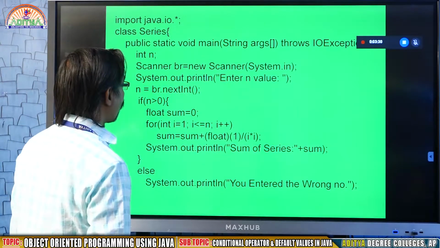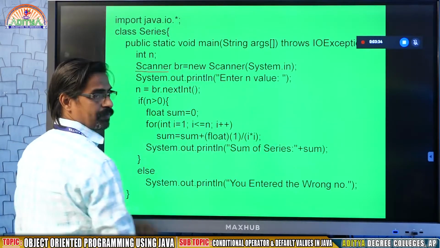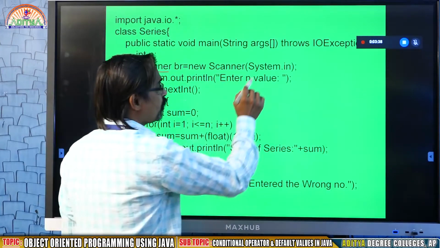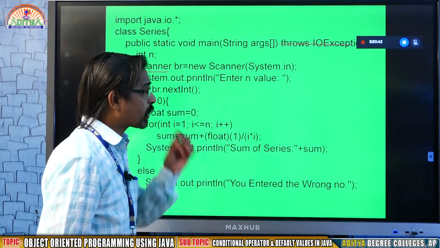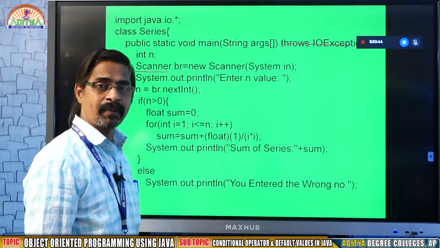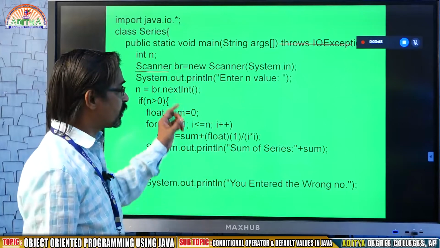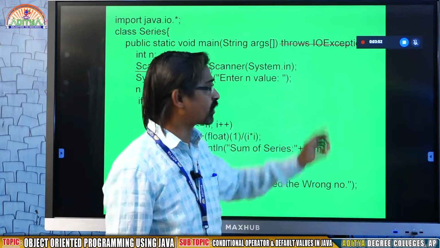Of course, remember one important thing: when you are using Scanner, there is no need to define throws IOException. You require IOException when you are writing BufferedReader. In that moment you require this throws IOException. Why are we defining this throws IOException?